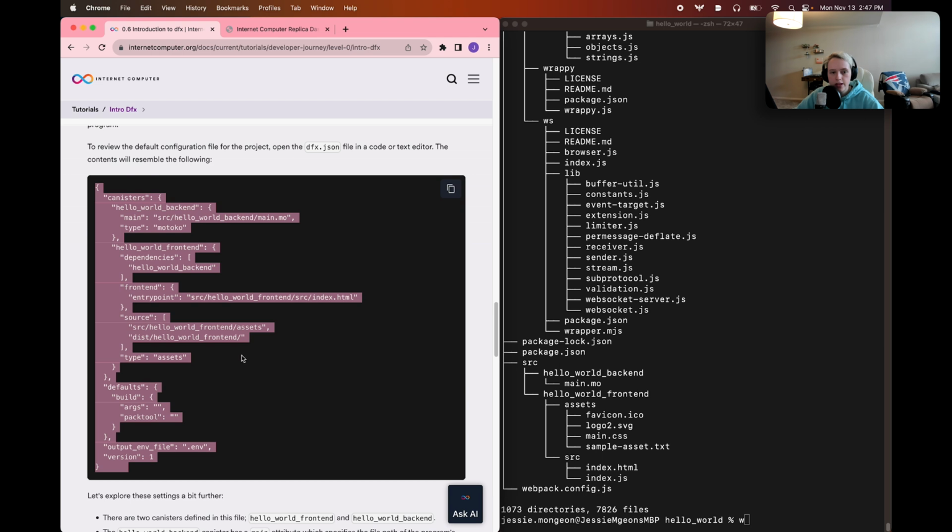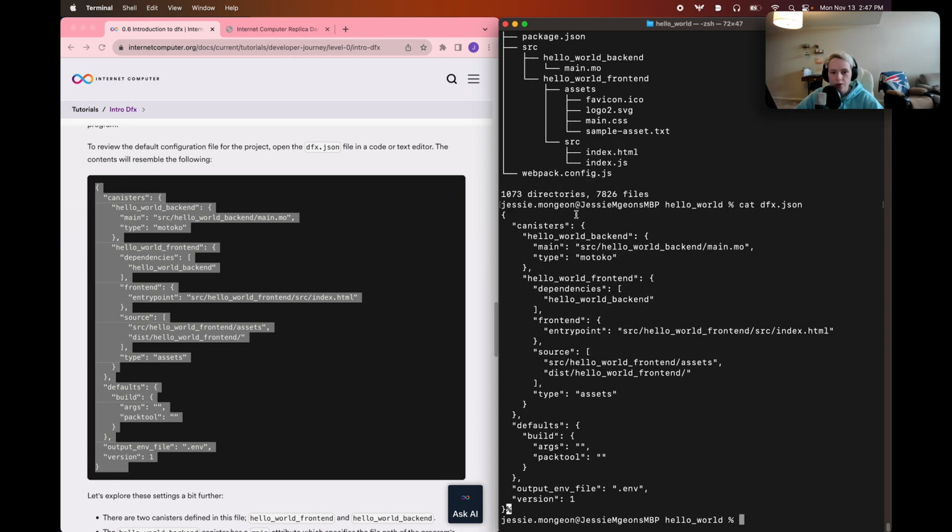It's reflected in the tutorial, but we can also take a look at this ourselves in the command line if we use the cat command. So cat is short for concatenate, and it's going to just display the contents of the file in the command line for us. So we aren't going to be editing the file. We aren't going to be in a file editor or a code editor. We are just essentially printing the contents of the file to the command line. So we're going to use cat, and then we're going to type dfx.json, and that's going to just print out exactly what is reflected in the tutorial here,